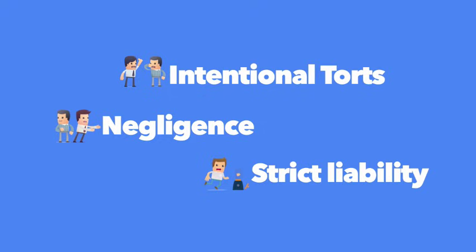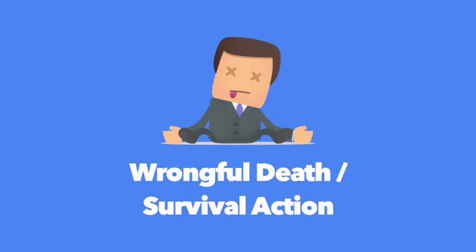Now we also need to introduce a different label and explain that it's not really a distinct type of tort liability so much as a procedural mechanism for bringing a claim under one of the three types. In some jurisdictions, it's called wrongful death, or in others, it might be called a survival action. Whichever label is used, the idea is the same. A wrongful death or survival action is basically just what happens to a regular tort claim when the victim of the tort dies. Wrongful death and survival actions are made possible by statute.